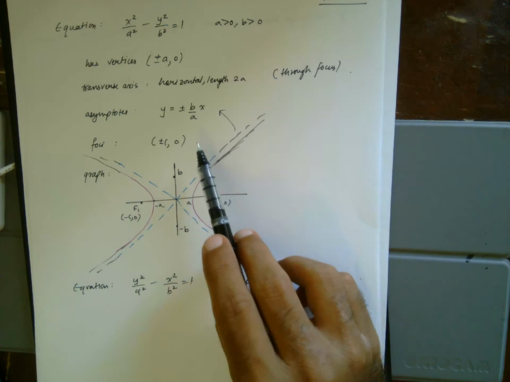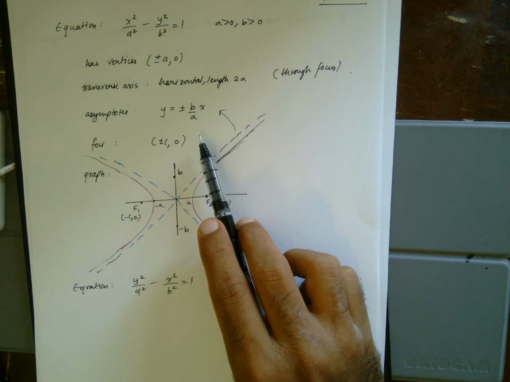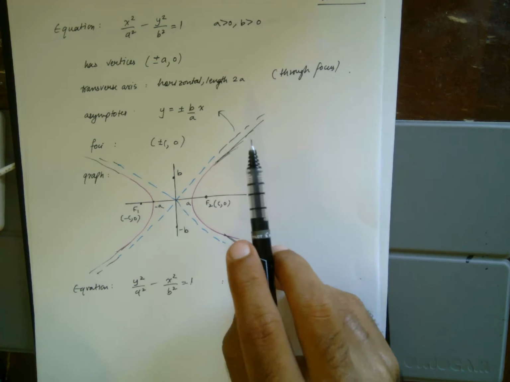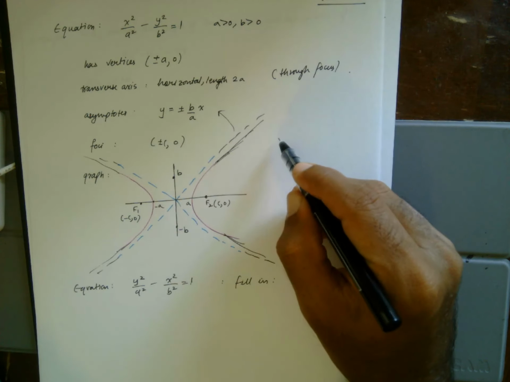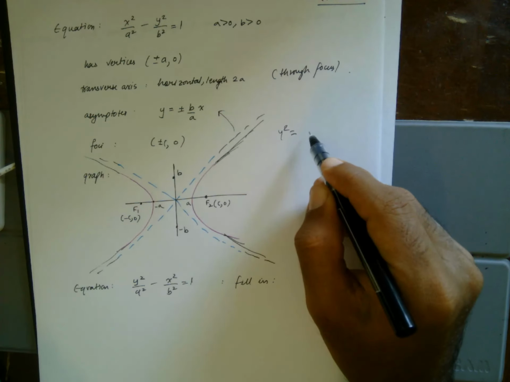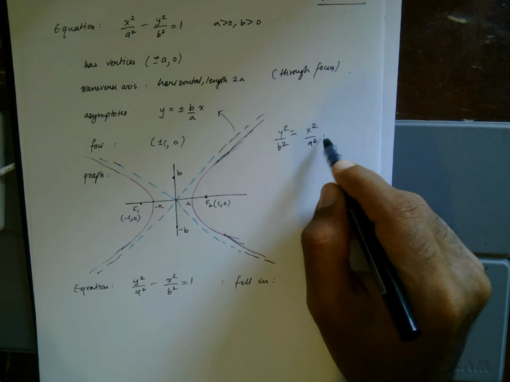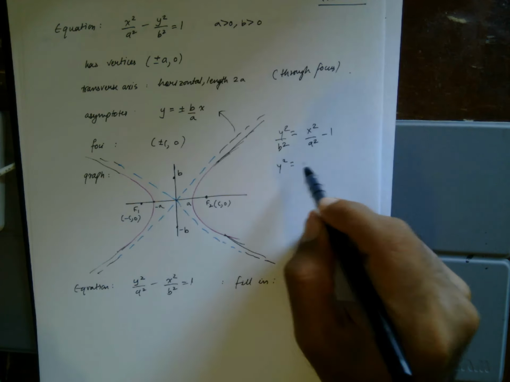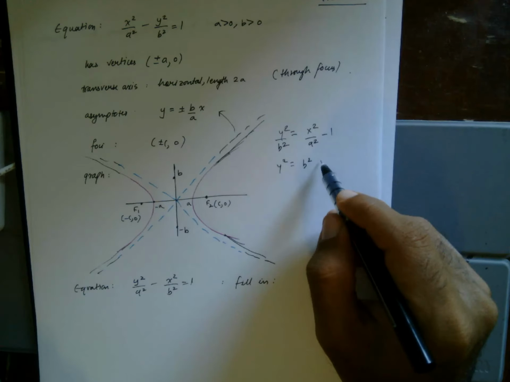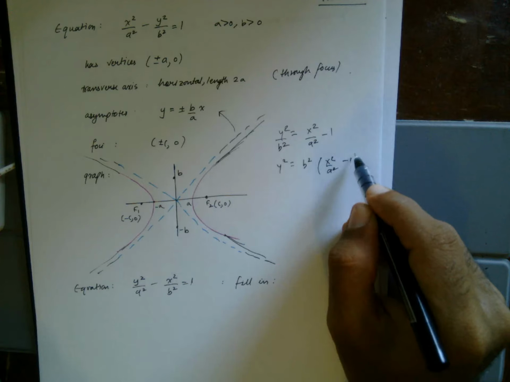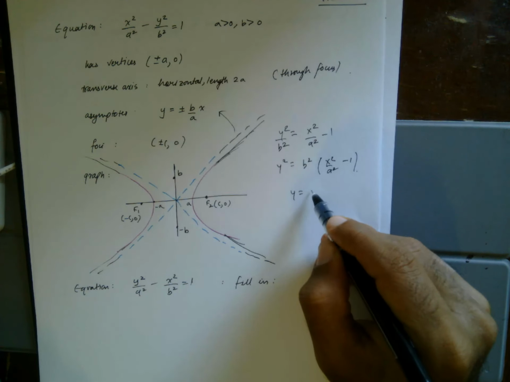And that is given by plus minus b over a times x. Now where does that equation come from? If you solve for y squared, you get y squared over b squared is x squared over a squared minus 1. So y squared is b squared times x squared over a squared minus 1. So you take the square root, y is